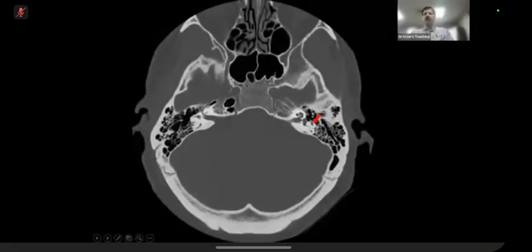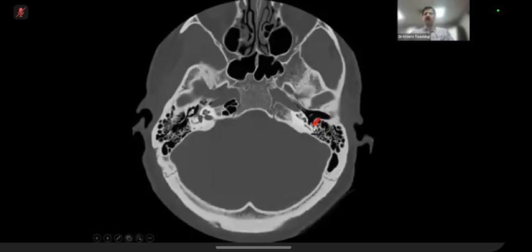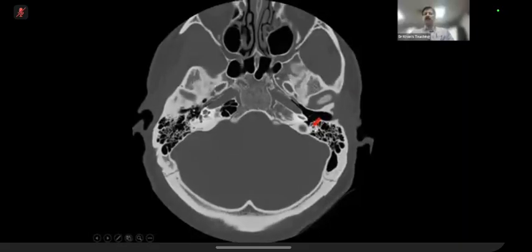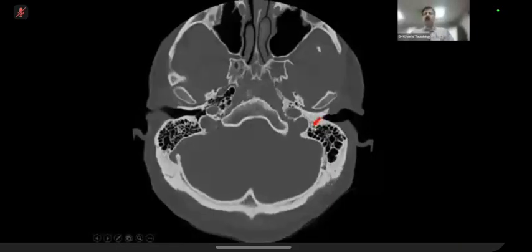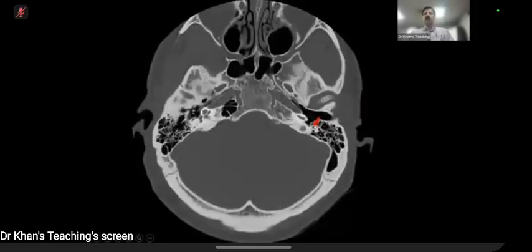So here, if you see it very carefully, you can see a triangular structure where I am pointing out. This is known as, actually you can see it here very well where I'm pointing out. You see this? And this is known as pyramidal eminence. We will learn about it subsequently. If you see it very carefully, there is a dot here. So this is the stapedius muscle actually. And this thing is the descending portion, and it will go out. Another point to remember is that,